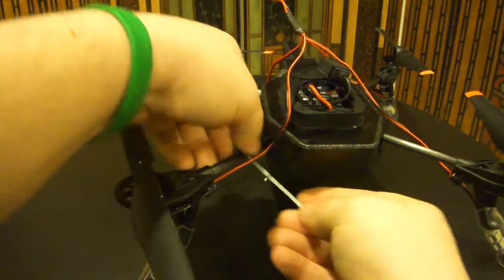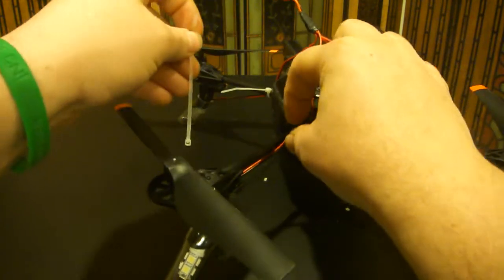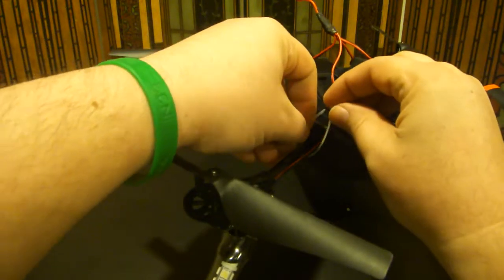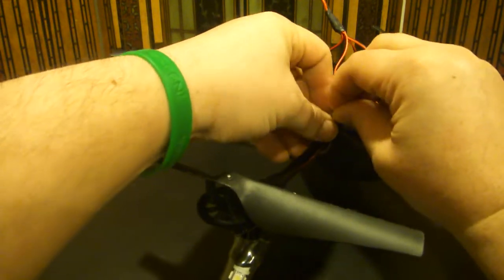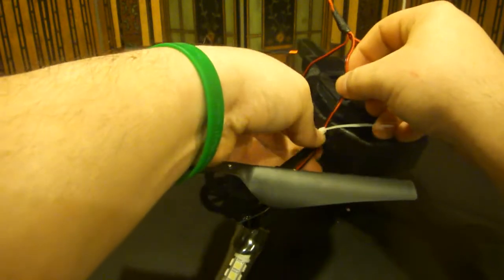We'll do the next one. Same process for all four. It doesn't matter which side the wire is on, whether it's on this side or it's coming out from that side. The idea here is you just want to make sure that these cable ties are on here to prevent the wire from going into the rotor. Okay,